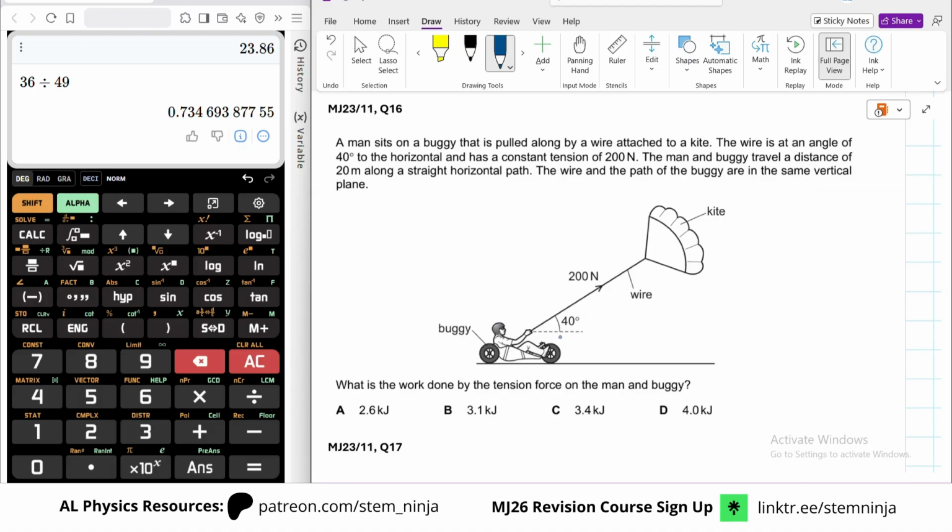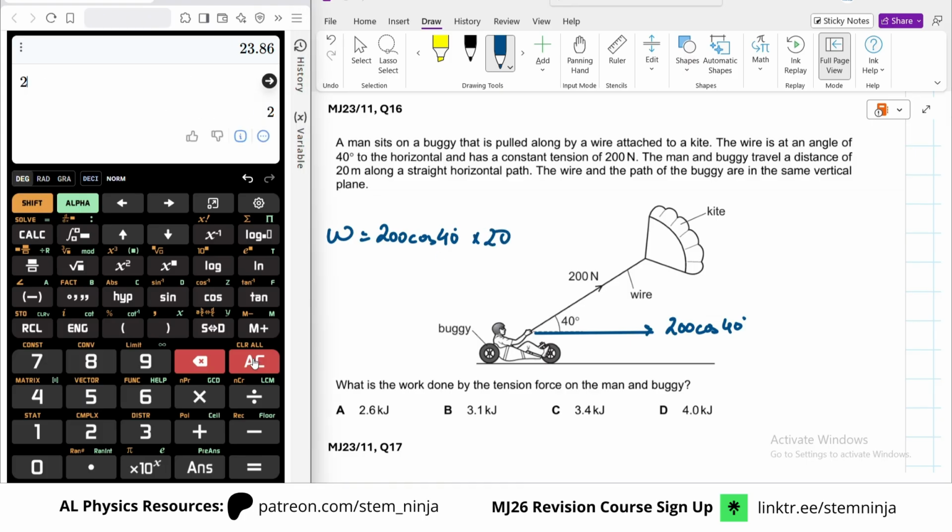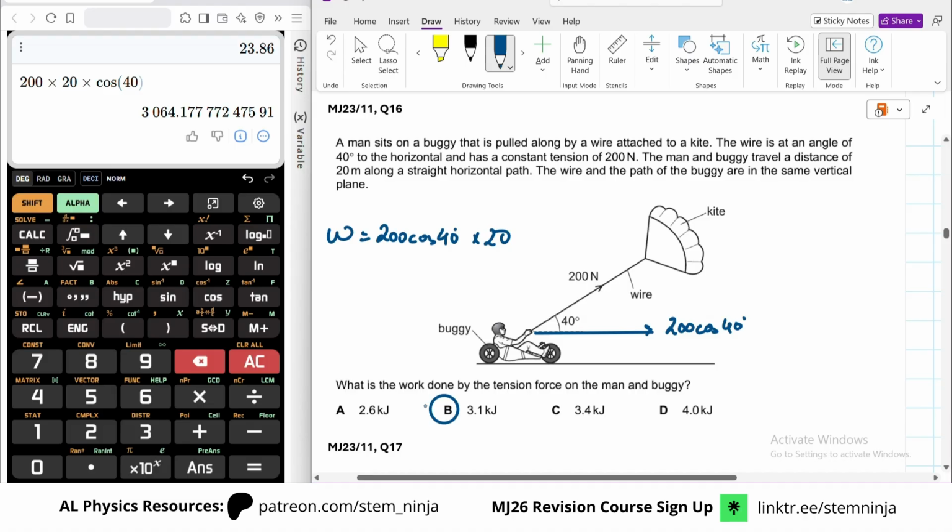So this is easy. Force in the direction of the displacement is just 200 cos of 40 degrees. So work done would be simply 200 cos of 40 degrees times 20. So 200 times 20 times cos of 40. So 3000, or 3.1 kilojoules. That's